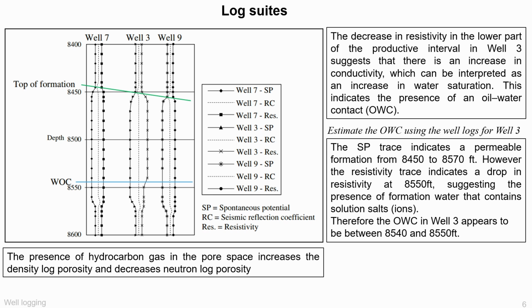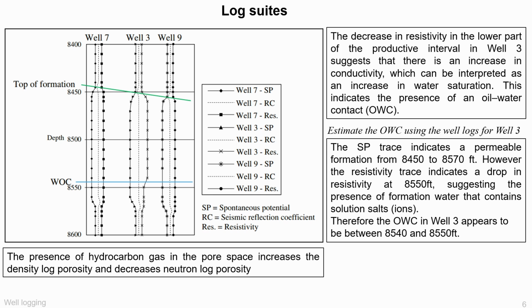This is one of the strongest practical interpretation slides in the deck. It explains how a combination of logs can identify an oil-water contact, or OWC. In the example, SP indicates a permeable formation over a broad interval, but resistivity drops in the lower part of that interval. Since lower resistivity suggests higher water saturation, the OWC is interpreted between about